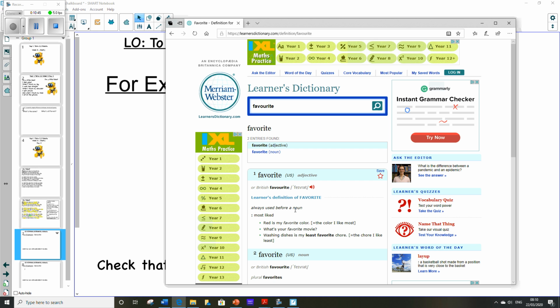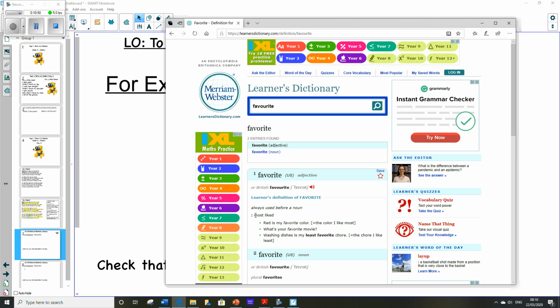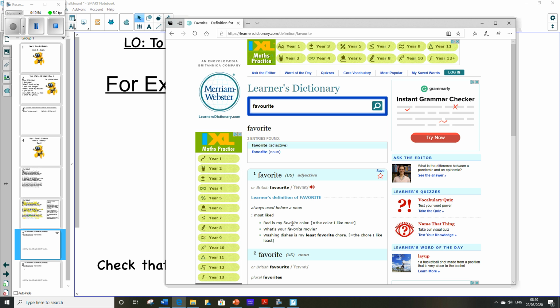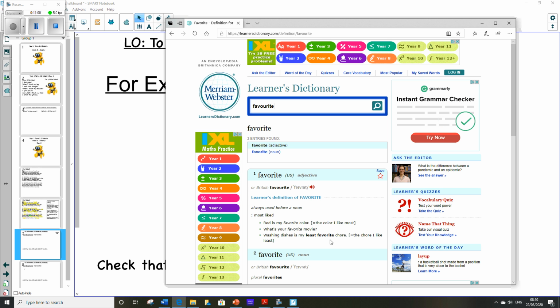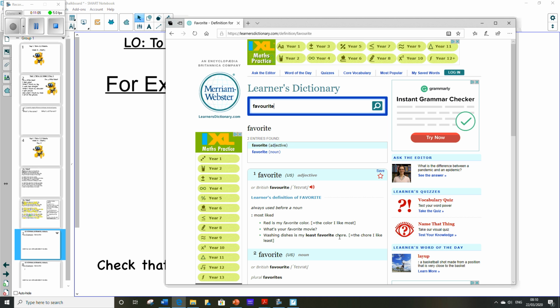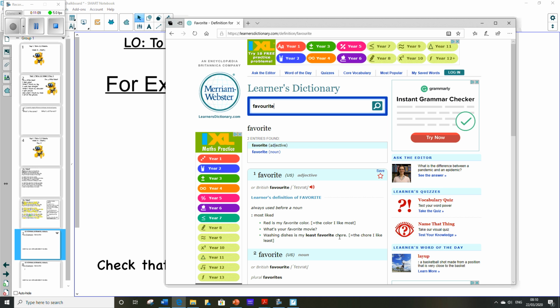So it's always used before a noun, so it describes something, and it means most liked. So for example, it says red is my favourite colour. What's your favourite movie? Washing dishes is my least favourite chore. It's the chore I like the least. So this is what you could use, or you could use Alexa, or you could use a dictionary, however you want to do it. I'm going to pause the video again just for a second, and then I'm going to show you what we need to do to